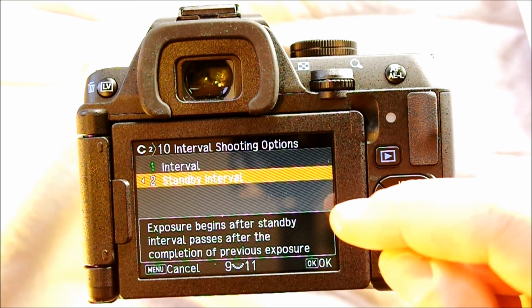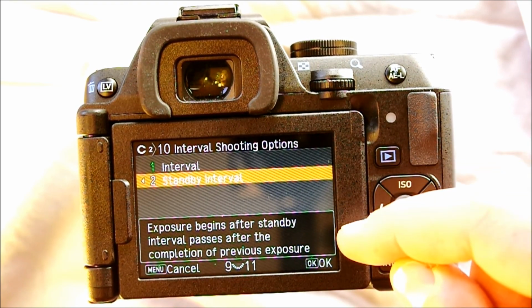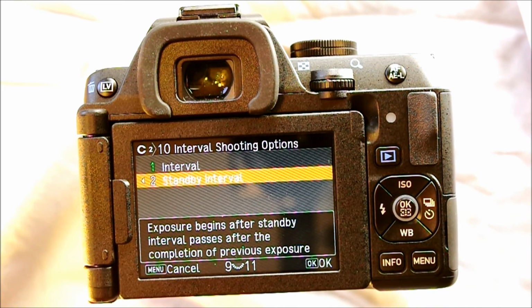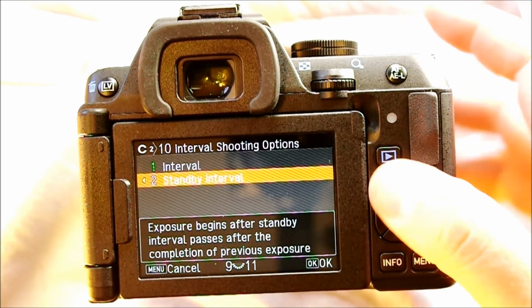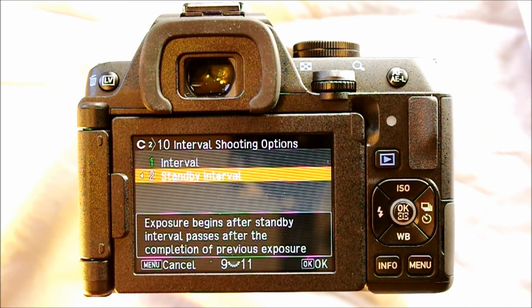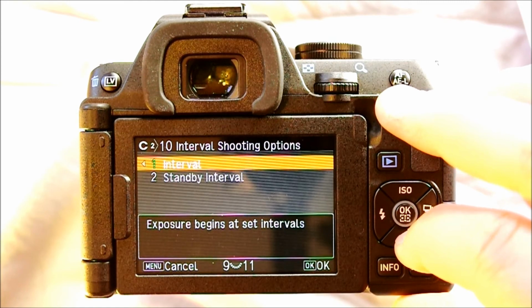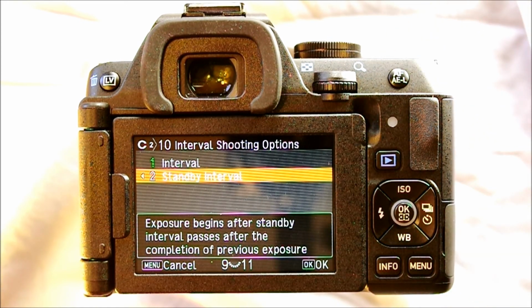At standby interval, exposure begins after the standby interval passes after the completion of the previous exposure. So with this mode, if you set your interval at 3 seconds, it will take an image, no matter how long that exposure is, wait for 3 seconds, and then take the next one. And this is something that they didn't have on the K3. It caused me a whole lot of consternation when I learned how to use interval shooting, because I thought that interval should work like this, but it was working this way. So whichever you're more comfortable with,